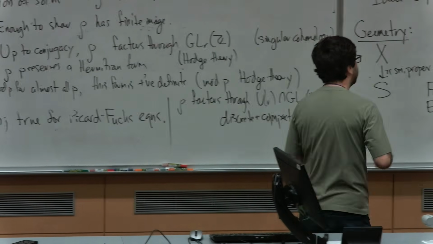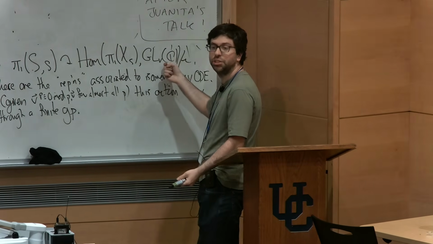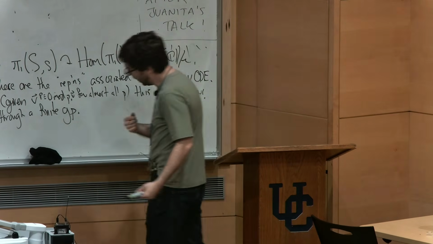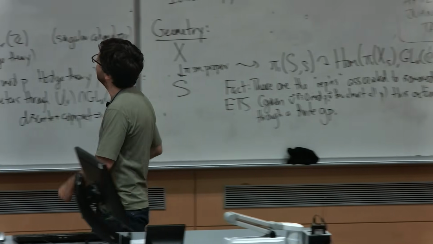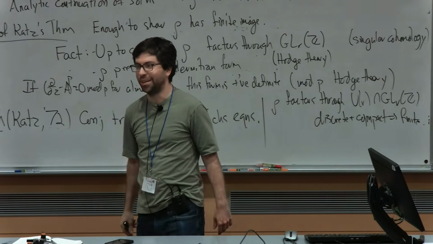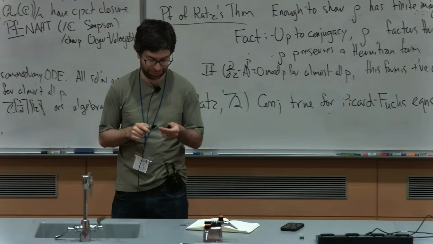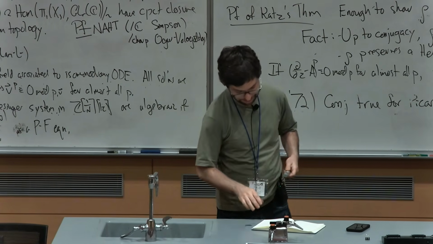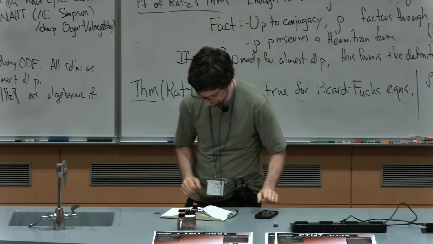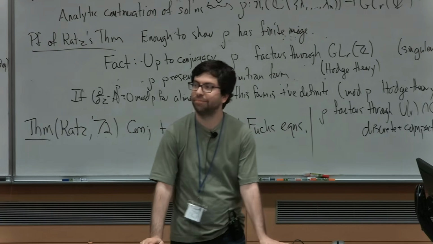For that, what you have to do is produce a lot of representations of the fundamental group of a variety into GL_r(Z-bar). That I do not know how to do in general, but for the affine line minus a bunch of points, it's very easy. So maybe let me stop there and open the floor to questions. Are there any